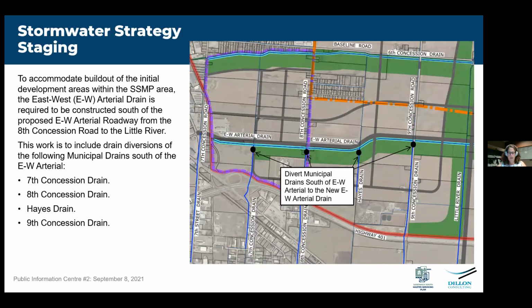So through the mapping study, it was determined, in the initial strategy of the study, that to accommodate the first stages of development, drainage from the existing drains south of the proposed east-west arterial road will need to be diverted away from the initial build-out areas and routed to the upper reaches of the Little River Drain. So in this map here on the right-hand side of the screen, this is showing the section of